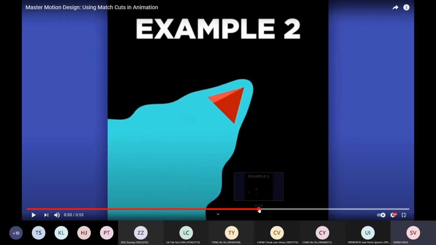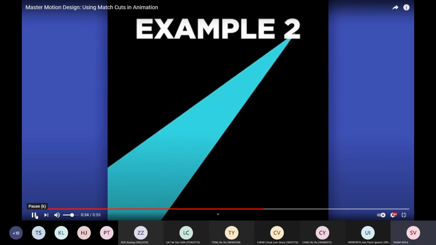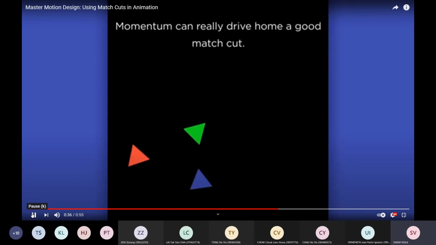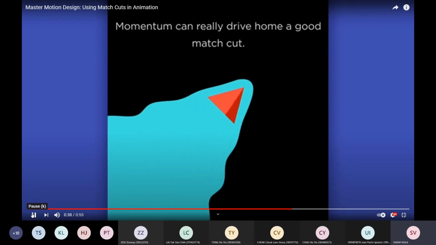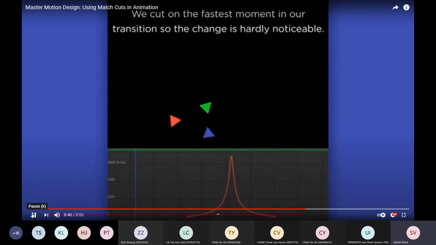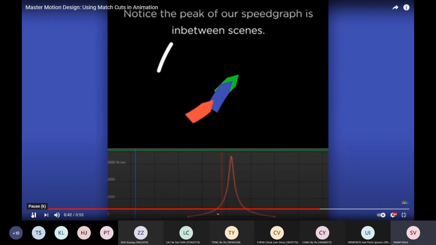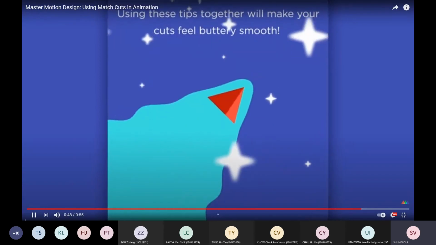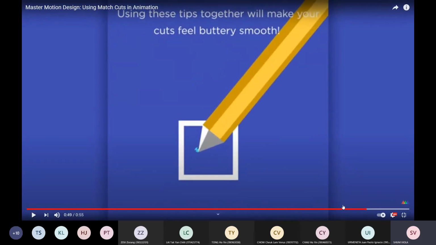And this big one is also very fast. And then suddenly this red triangle appeared here. So you can see how they do it. Actually, they look similar, but actually they are not the same.